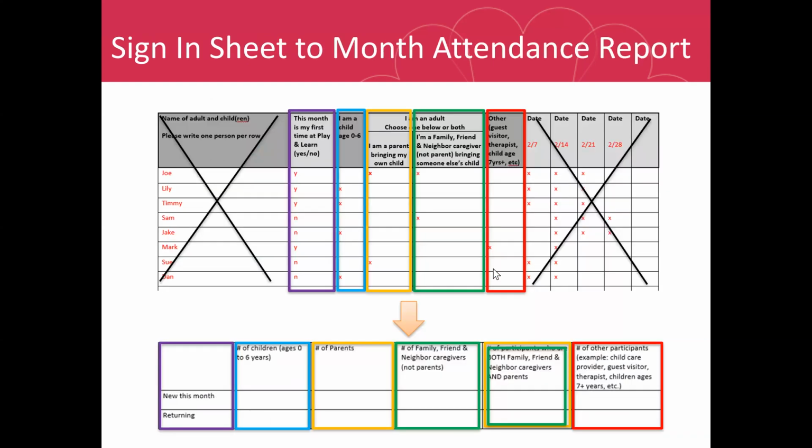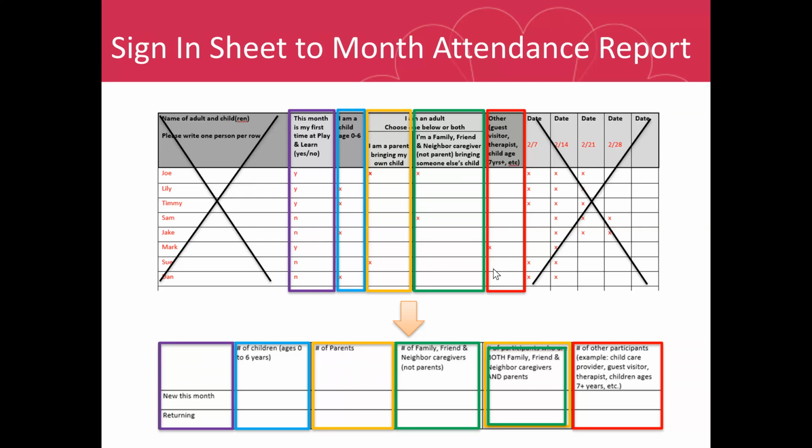And here is an example of both sheets together. So as you can see, when you're tracking your attendance with the Signin Sheet and you're putting it into the monthly report, you would want to just use the ones that are highlighted in color. So we don't need the names of the participants or the specific dates.